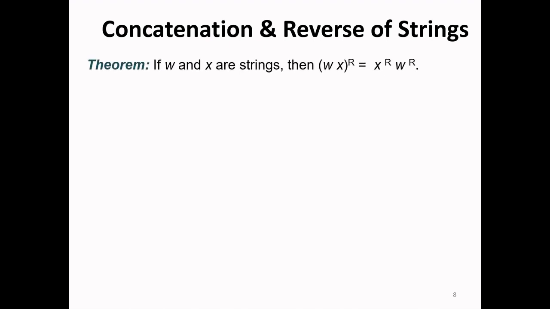So, let us see a theorem on concatenation and reverse of two strings. If w and x are strings, then w concatenated with x, whole raised to R, is equal to x raised to R, w raised to R. For example, if w is name and x is tag, then (name tag) whole raised to R is equal to tag raised to R, name raised to R. So, the reverse of tag is gat and the reverse of name is eman. The string obtained after concatenation and reversal is gateman. And this theorem is